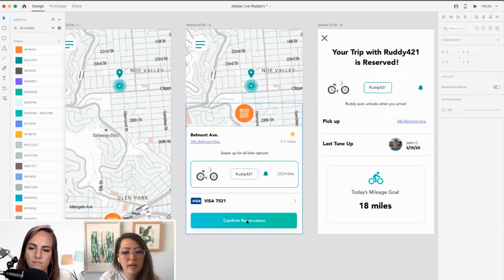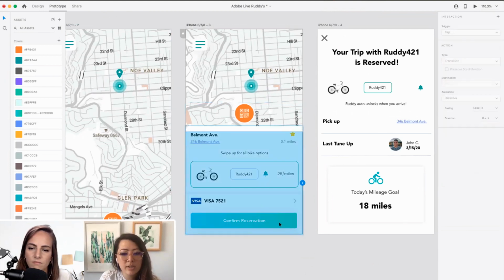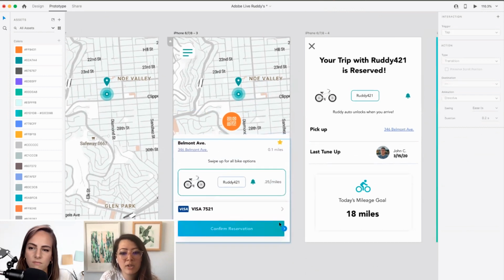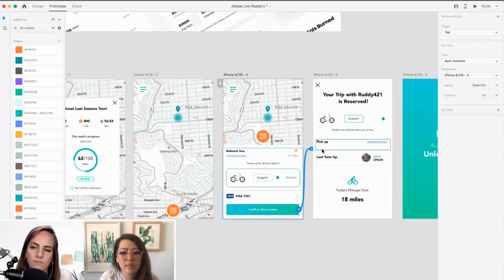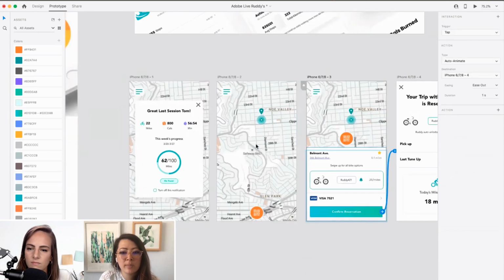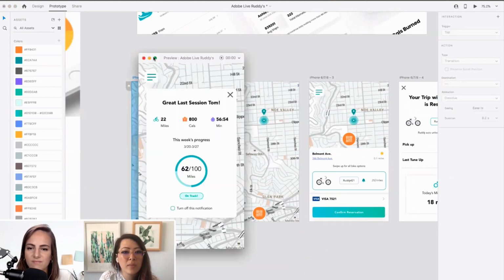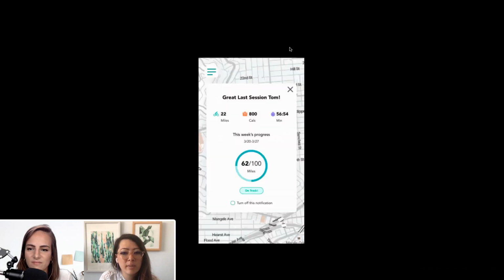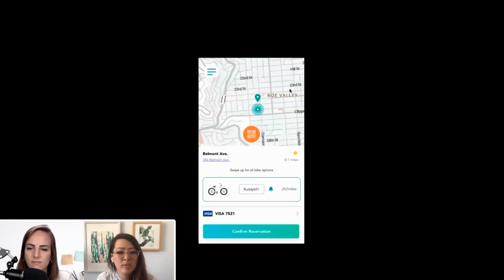So where were we? Okay, from here he's going to go back into prototype mode and click into this button. When he clicks confirmation, he's going to go into this screen. I think at this point, let's just pause and see how it all works. Don't want to go too far. Okay, can you see my screen okay? Yes. So supposedly he gets in, he's going to exit out of his pop-up. Oh, it pulls up. Oh, I see. Ooh. Here's the bike I want to reserve right now.